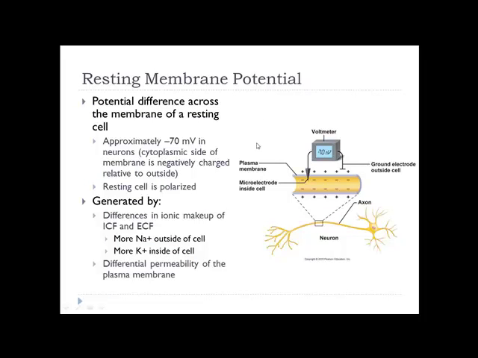So we're going to have potential difference across the membrane. In a resting nerve, the potential difference is going to be negative 70 millivolts. That will be our voltage that will be created. The way it's going to be created is there's going to be potassium inside of the nerve cell and sodium outside of the nerve cell. We are going to pump 3 sodiums out and 2 potassiums in. These are both positively charged, but since we're pumping 3 sodiums out and 2 potassium in, we get a general difference of a +1 charge with every pump.